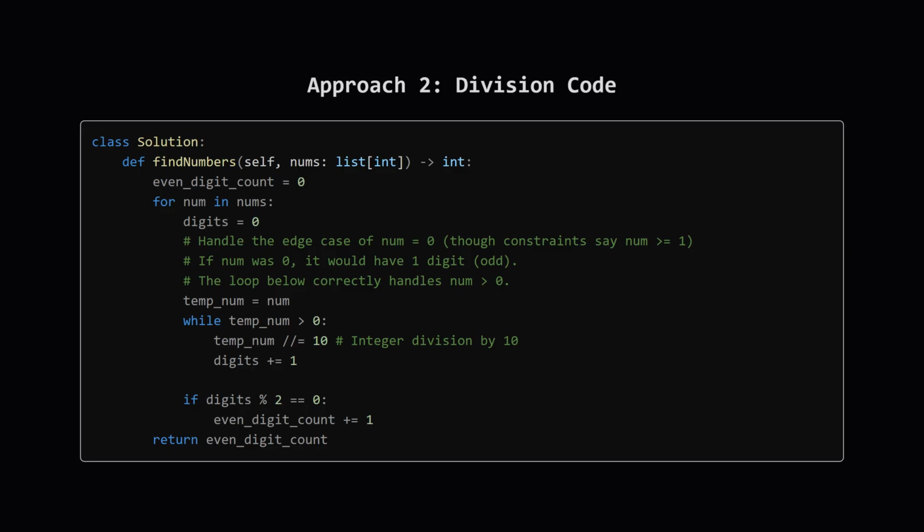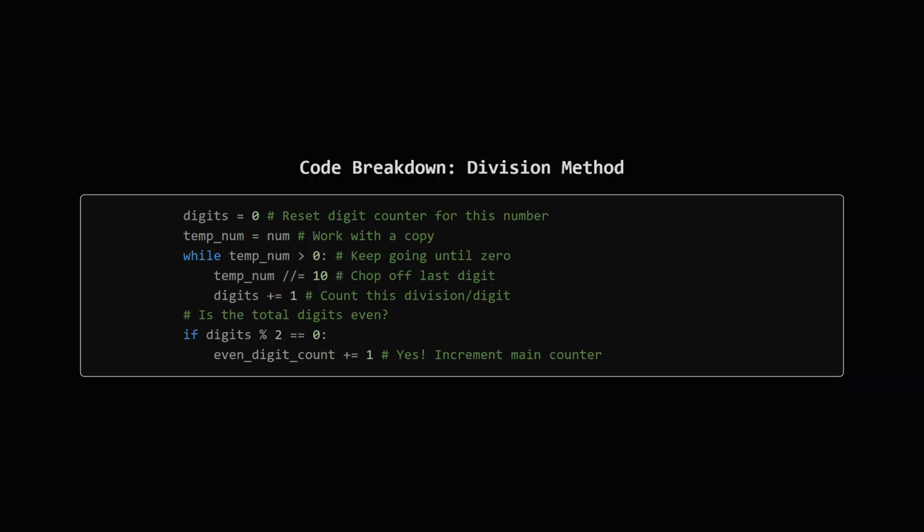After the outer loop finishes, we return the total. Let's look closer at the core logic here. For each number from the input list, we first set a local counter digits back to 0. We make a copy temp_num just to be safe. The while temp_num greater than 0 condition means keep doing the stuff inside as long as the number hasn't shrunk down to 0 yet. Inside,